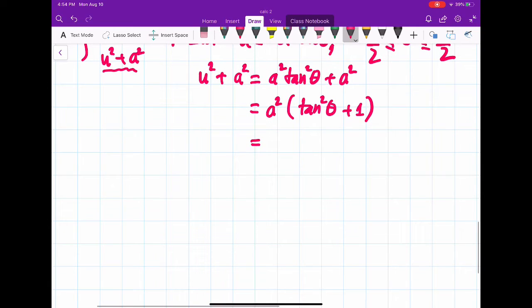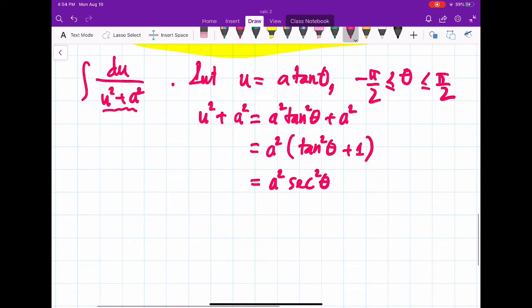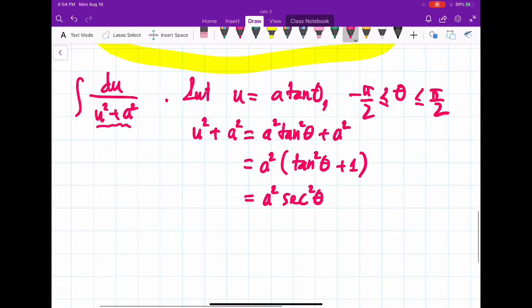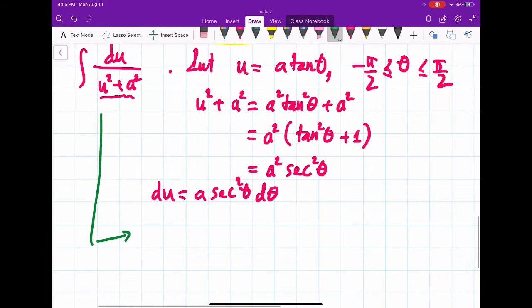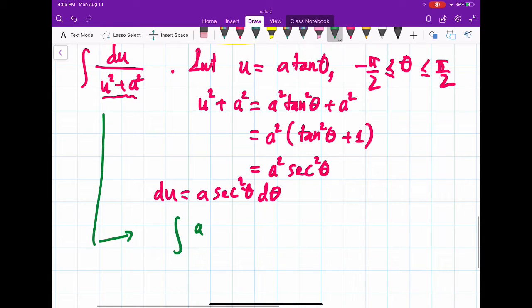Or you can write that as a^2 sec^2 theta. Okay, it is pretty nice. And then you differentiate: du equals a sec^2 theta d theta. Now we are ready to rewrite the original integral. That is du, a sec^2 theta d theta, divided by a^2